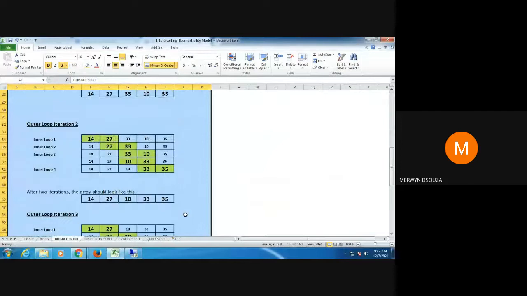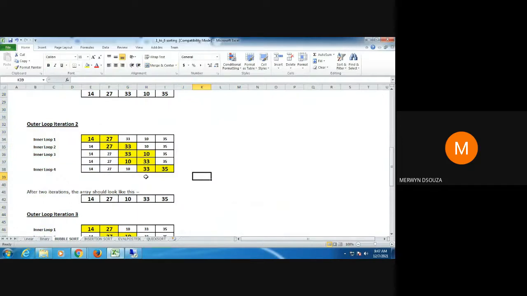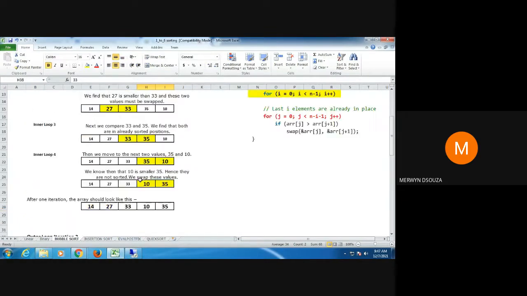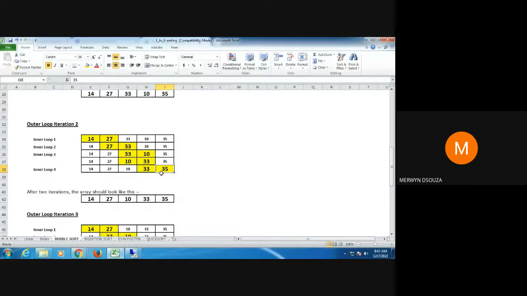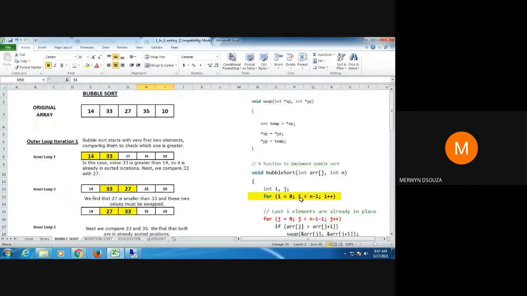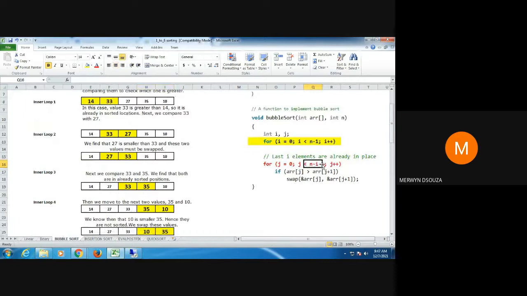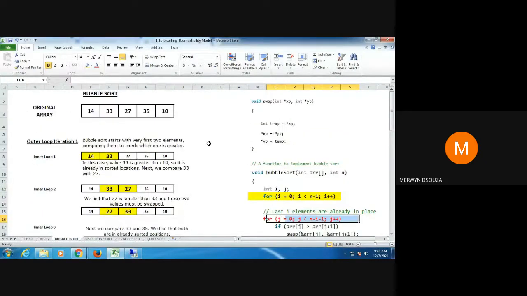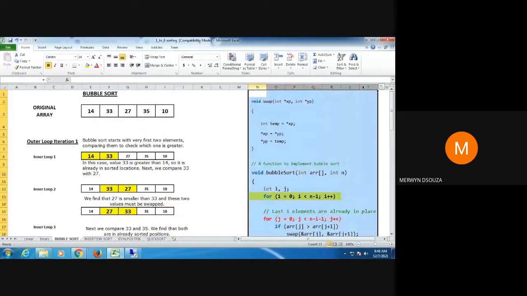Then they will ask you how it can be made more efficient. By more efficient, it means you don't want to compare the elements which are already sorted. Only the first time you want the elements to reach the proper place. In the subsequent iterations, you don't want to compare these elements which are already sorted. So to stop that, you do something like this. You can trace this code on this example and check how it works. I'm not going to do that, you can try it on your own.